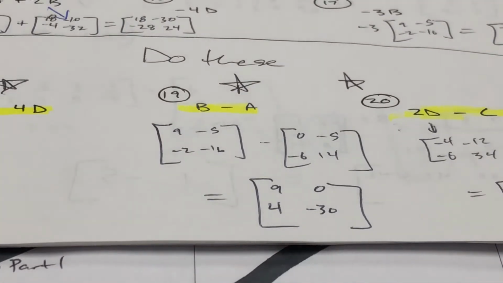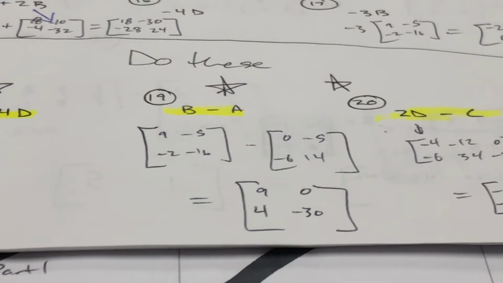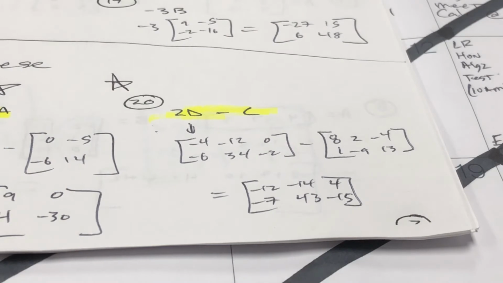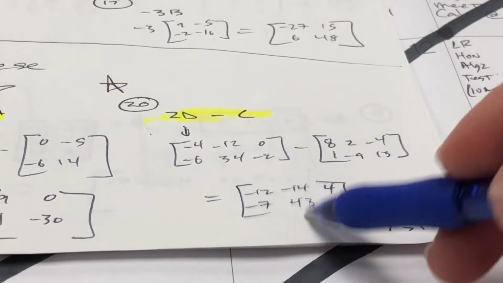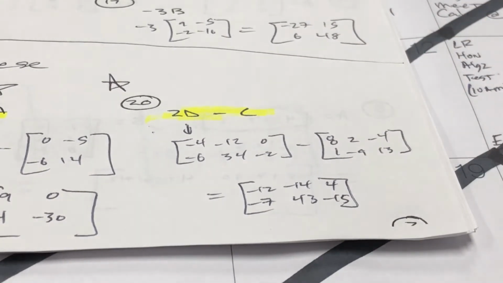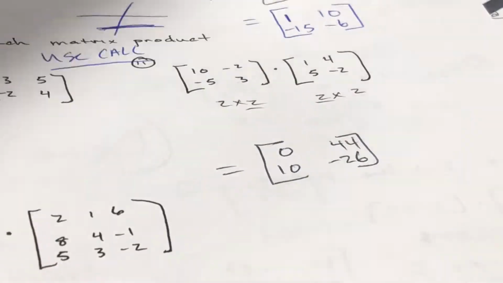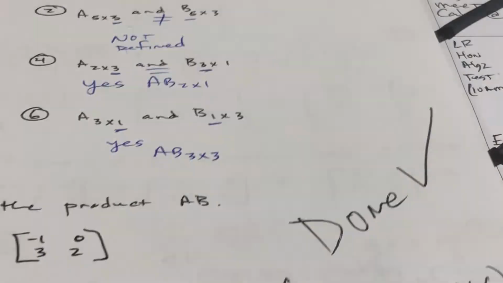19, I wrote b, then I wrote a. Subtract them. 20, if you take d and double it, then subtract c. There we go. Okay, just doing arithmetic now. We did this